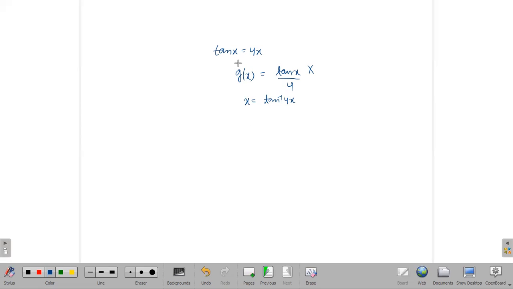Okay, ma'am. Now you can also draw the graph of this function, tangent x minus 4x equal to 0. So from here also you can get the initial guess. Because to apply the fixed point iteration method, you just need an initial guess only, not an interval. So you can take any number from here and start. You can take x naught equal to 1, you can take 0.5, you can take 1.5, any number. Okay, ma'am.